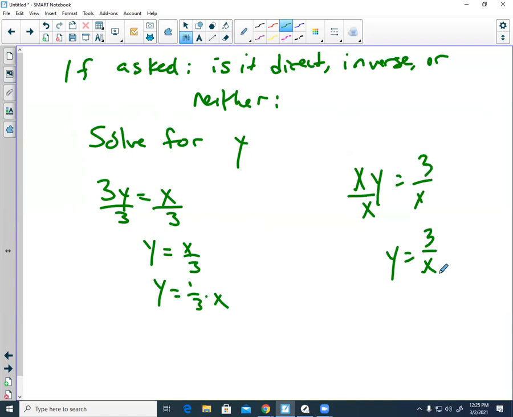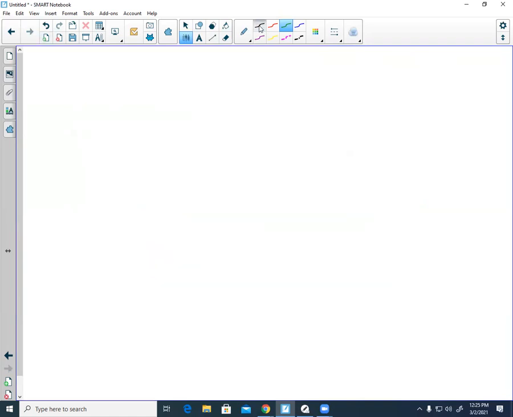You just have to pay attention to when you solve for y, does it get into the form of something times x or something divided by x? There's your two answers. Okay? So that's one way that I could ask you a question that looks something like these. The next thing would be,